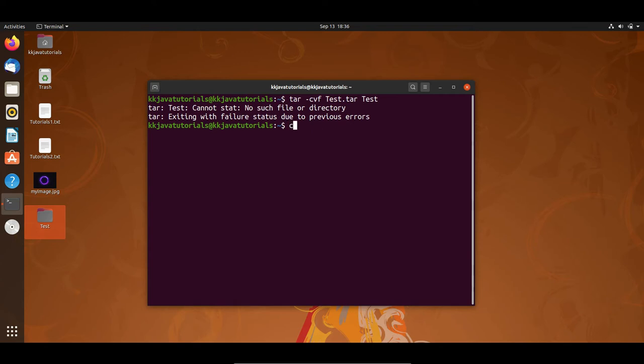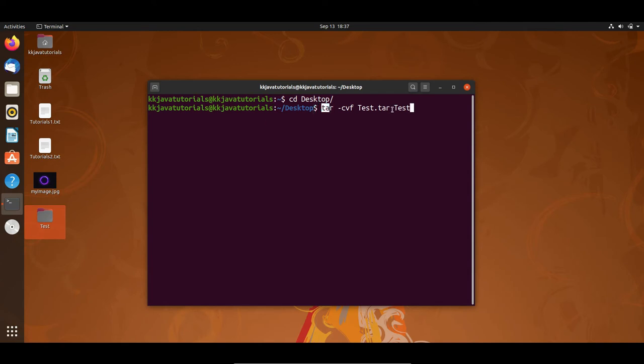Okay guys, I'm extremely sorry. My directory is available on the desktop, and I am just running this command in my home directory. So first of all I need to move to the desktop. So let me move to the desktop. And here I am going to issue the same command that I wrote, right? So here I am using the tar command, and my test directory is available on the desktop, and right now I am at the desktop, right? Also you can create it from the home directory.